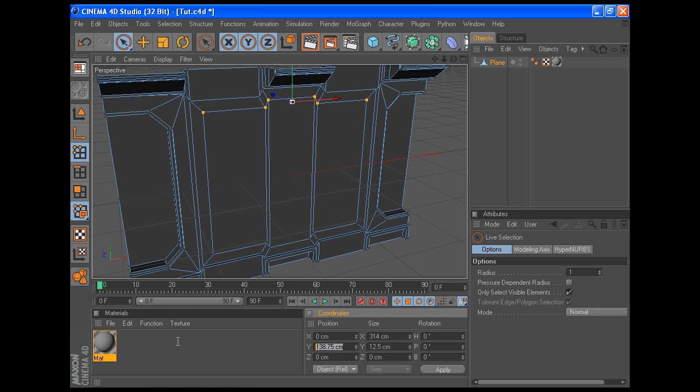Hit apply. Oops, Control Z. Set the X position to 312. My bad. Set the Y size to 0, so you know it comes up in a line. I would also want to make this Y position 132, and then I'm going to go back and select